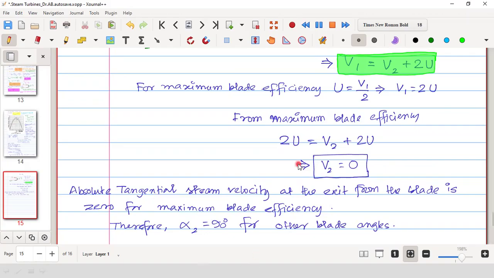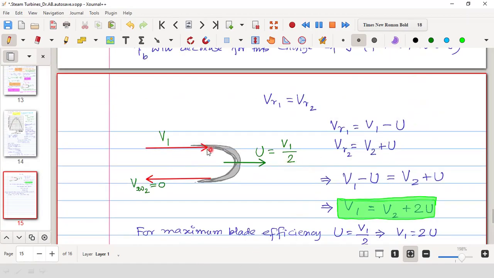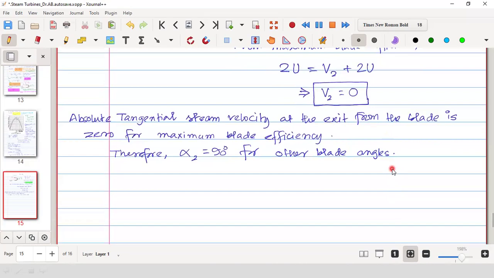এখানে আমরা কি ধরেছি, ব্লেড অ্যাঙ্গেল জিরো ধরেছি দুটোই, বিটা ওয়ান বিটা টু দুটোই জিরো ধরেছি। এখানে ফর দিস কেস বিটা ওয়ান ইজ ইকুয়াল টু বিটা টু ইজ ইকুয়াল টু জিরো। For other angles of beta, beta 1 beta 2 non-zero, in that case alpha 2 is basically 90 degree. ঠিক আছে, বোঝা গেল? জিরো হয় দুটোই, তাহলেও তো 90 ডিগ্রি হবে।